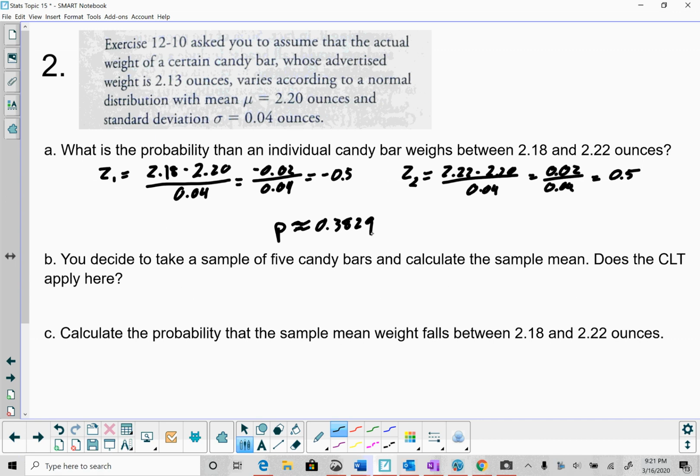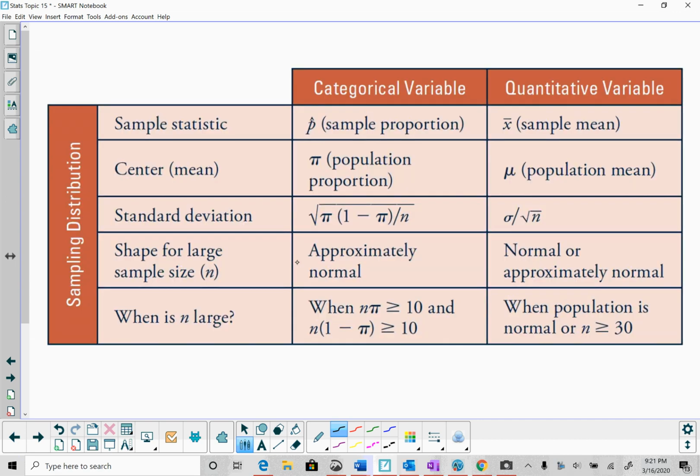Part B, you decide to take a sample of 5 candy bars and calculate the sample mean. Does the central limit theorem apply here with a sample of 5? Wait a minute. 5 is not greater than or equal to 30. However,